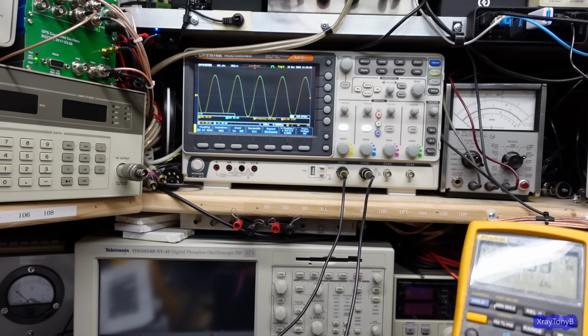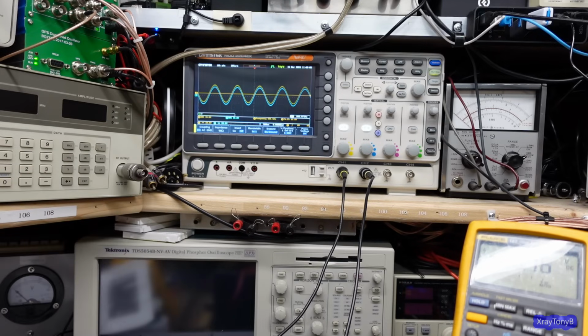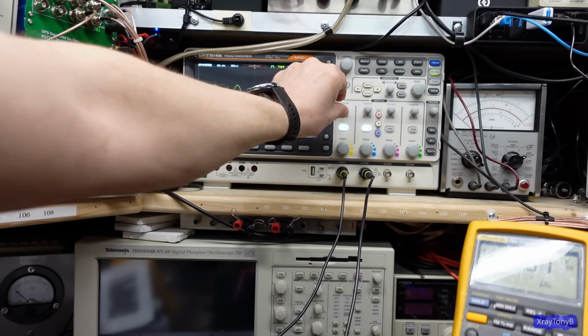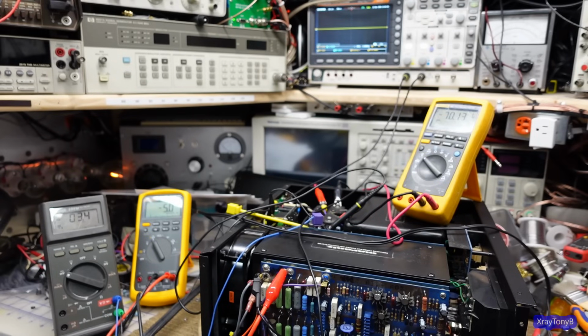And you can see how nice the waveform looks. So both channels, you can see left and right. I'll separate them a little bit. And you can see they're tracking one another perfectly. So they both have exactly the same gain. So the channels are matched to one another, and they are doing a very good job. So this is all great news because the amplifier is working like it's supposed to. Okay, now that everything looks pretty good